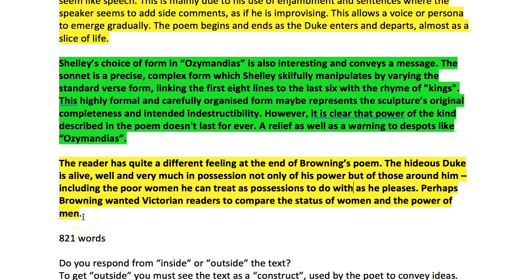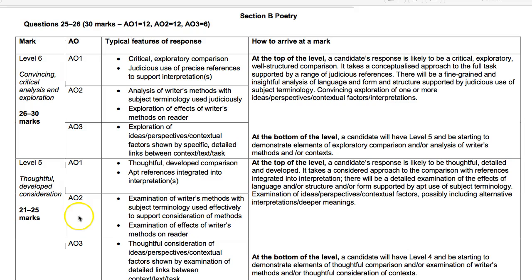And so that's a point that I was making much earlier in discussing the patriarchal society, and that's a point that he's made later. Okay, let's return to the mark scheme. So that ending has allowed him to be convincing and critical. It was also exploratory because he had this final perhaps at the end. Has it had judicious use of precise references? Well, basically you're looking for quotations that are embedded in sentences. Some of my students do that better, I have to say, but yes, he got away with that.